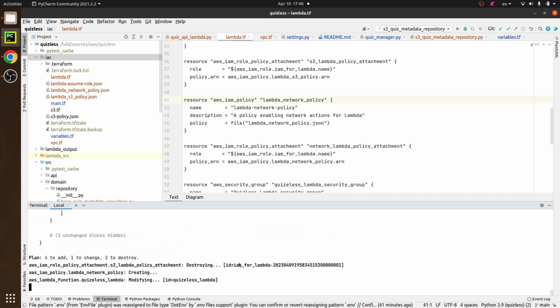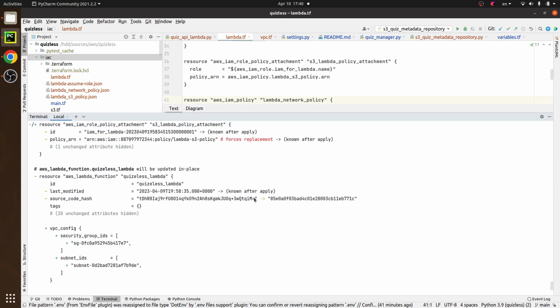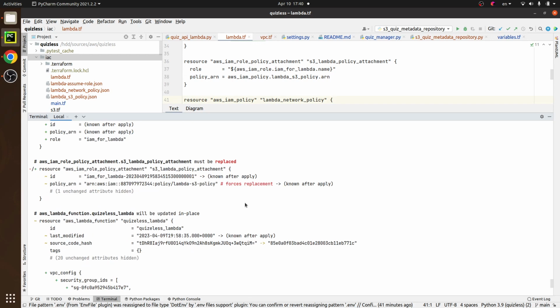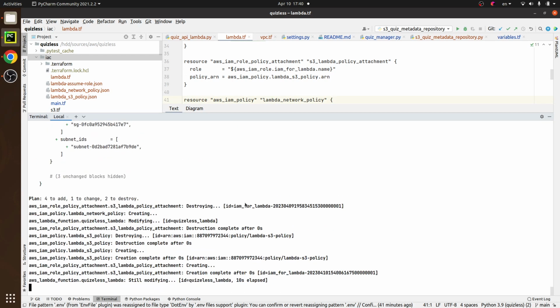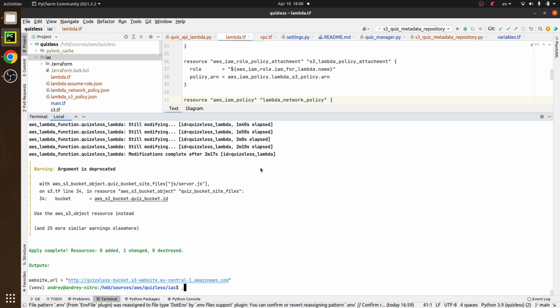Again, I'll pause the recording. Or maybe not, because right now I see something's going on. Policy is being created. If the Lambda is not updated, that means the whole process shouldn't take too long. But no, it is updating. Okay, pause. It actually took longer than I expected, and I didn't record some stuff that I added to the